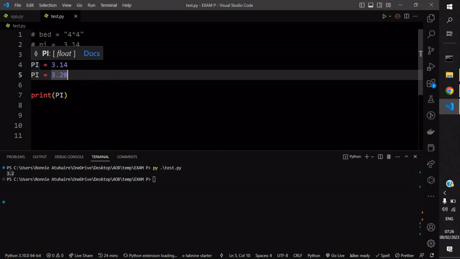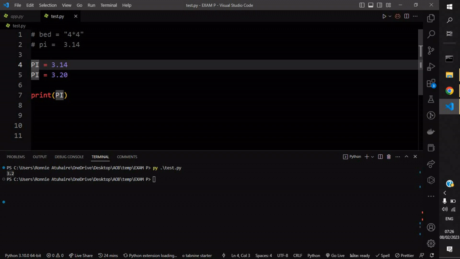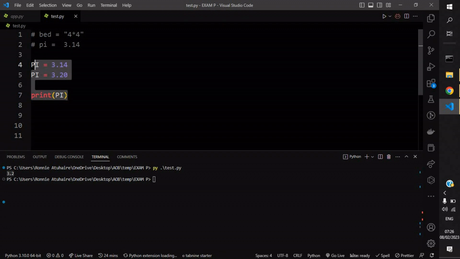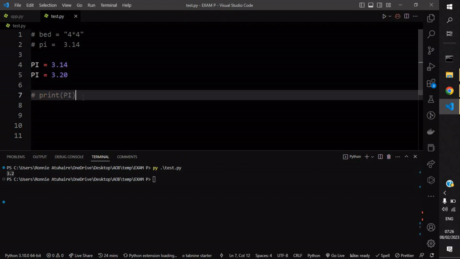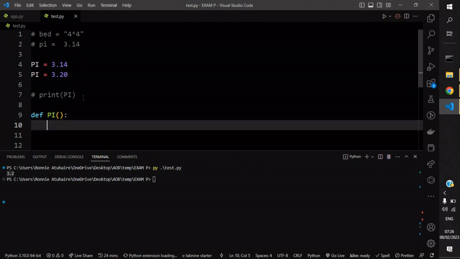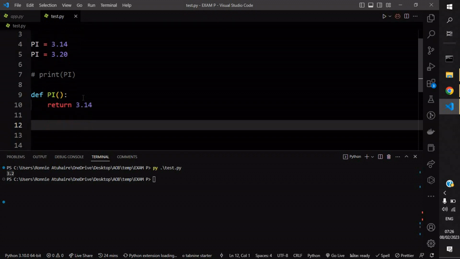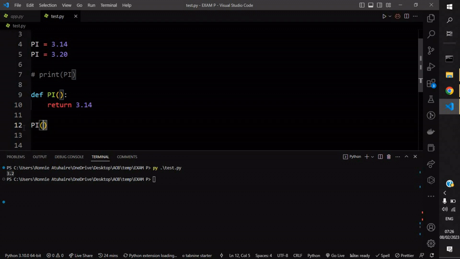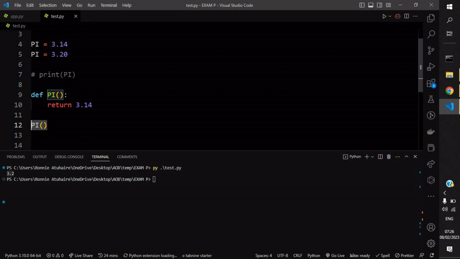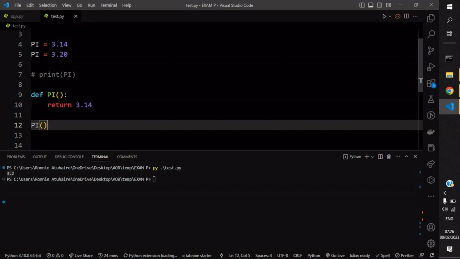The other way is you can create these constants in a constant.py file. You put all these constants in that file. In that way a programmer will know that they are all constants. The other method is to create a function and call it maybe pi. This function will only return 3.14. So to use pi everywhere, you'll have to call this function like this. That's another method of creating constants in Python. The drawback with this method is that you have to call it like a function every time you want to use it.